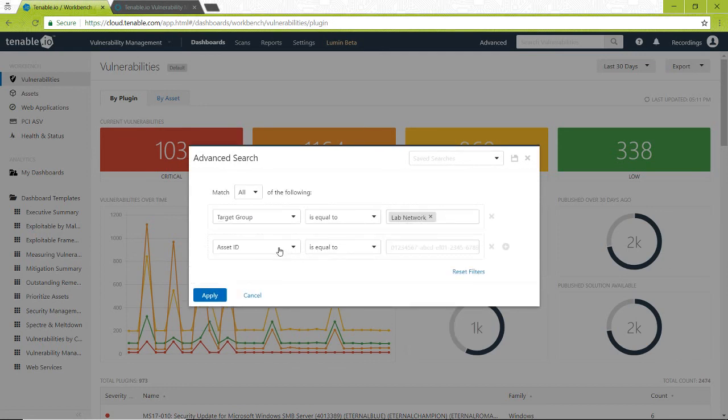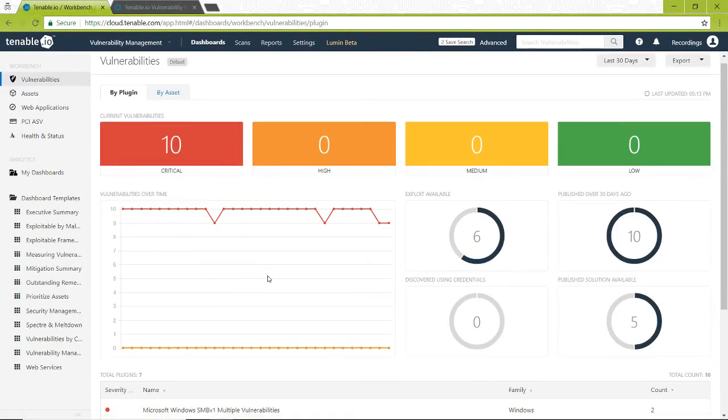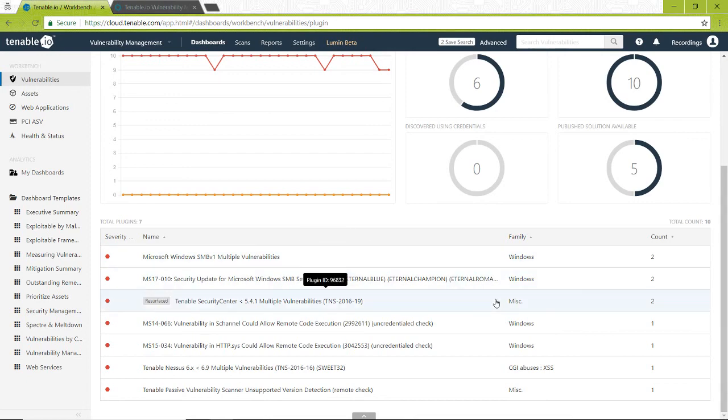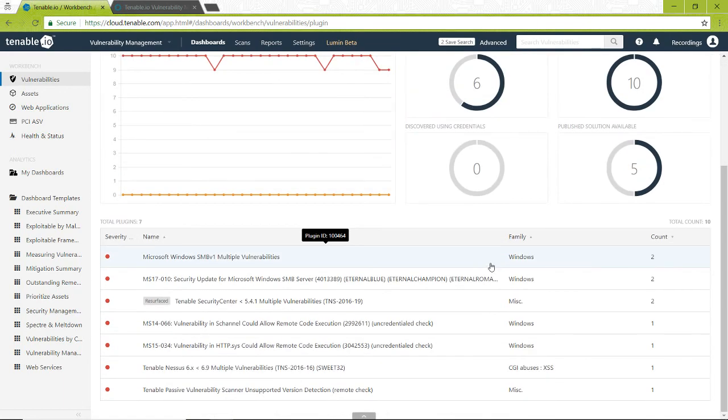When I go in and couple this with other things, whether it's severity or exploitability, etc., I can come in here and say, all right, only show me the things that are critical in that lab network, the thing that I'm working on. And that applies across the board: sysadmins, help desk, network admins, etc. What comes next is now I only have 10 vulnerabilities to focus on. This is something I can sink my teeth into. This is something that I can be a little bit more effective with. And as I first address these, then I can work my way up from the lowest hanging fruit